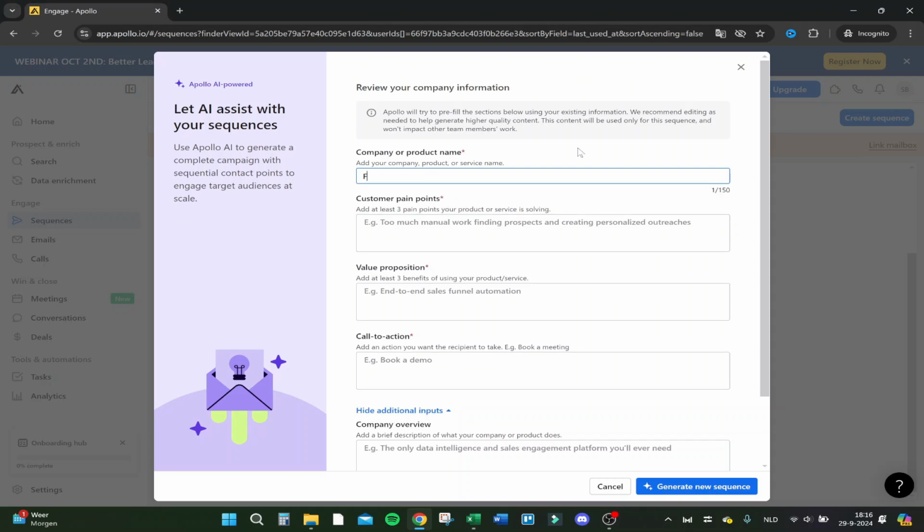So if we enter all of this, say for example, company name, let's say FindYourSolution, customer main points, add at least 3 pain points your product or service is solving. So we solve software problems and app problems, for example. And at least 3 benefits, so the customer